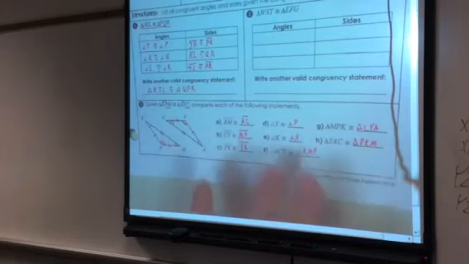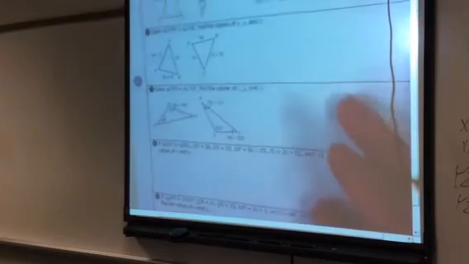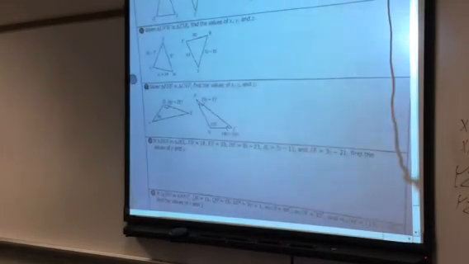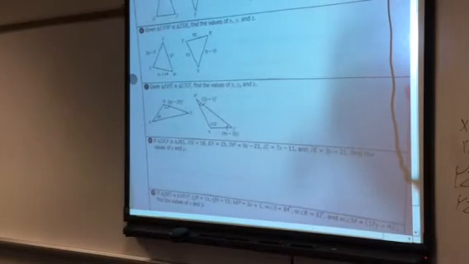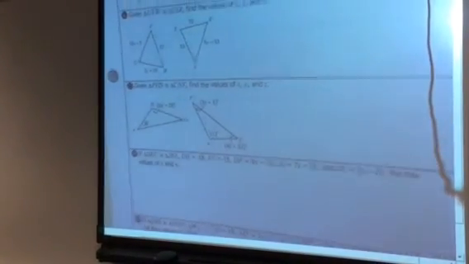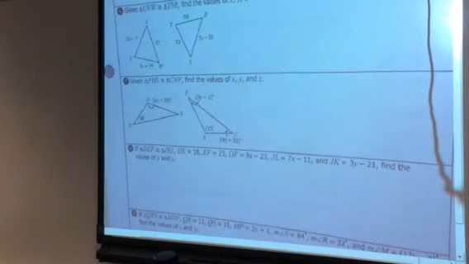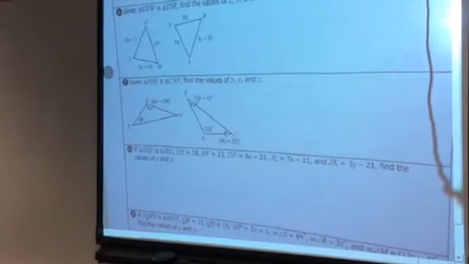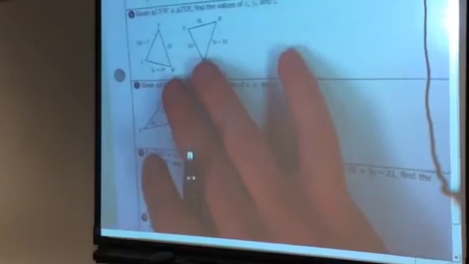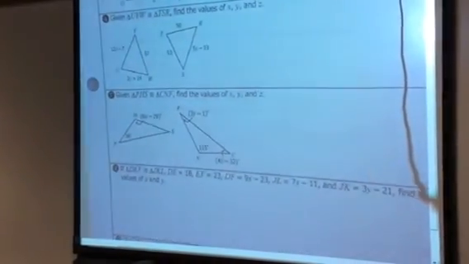Alright. So before I turn you away to do work, go ahead and flip over to the back. And remember, we're just going to go down here and I'm going to set up all these for number 6 with you. And then I'll let you go and work on those. But remember, anytime I have congruent parts, you're going to set them equal, right? But the reason I say always mark your triangles first is because that will tell you which ones are equal